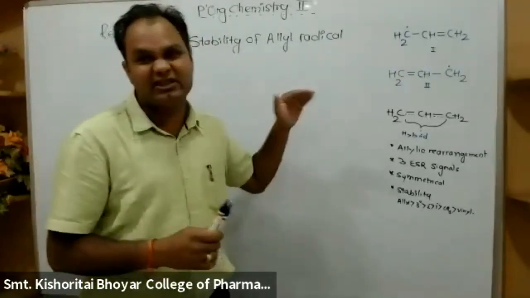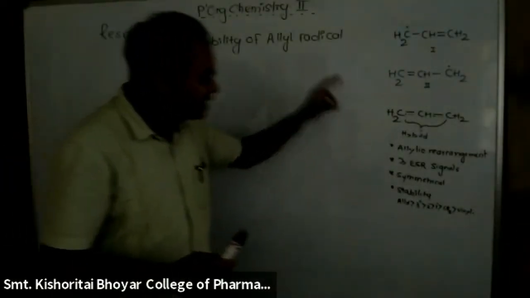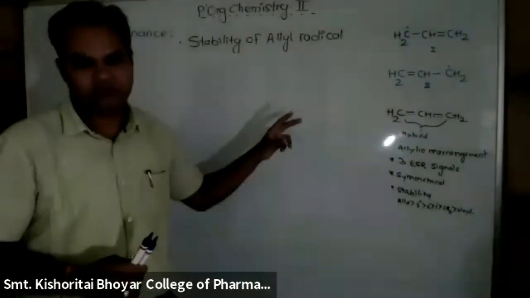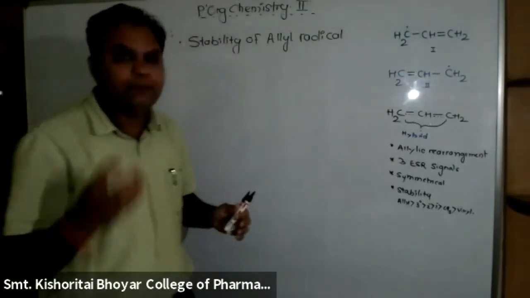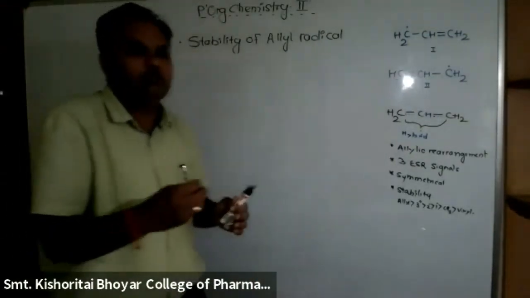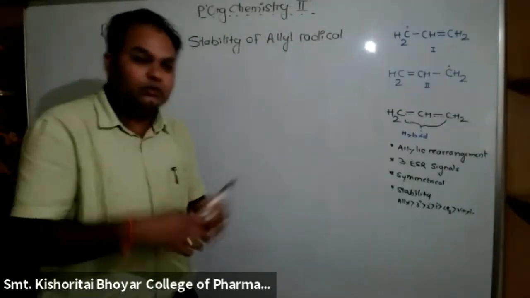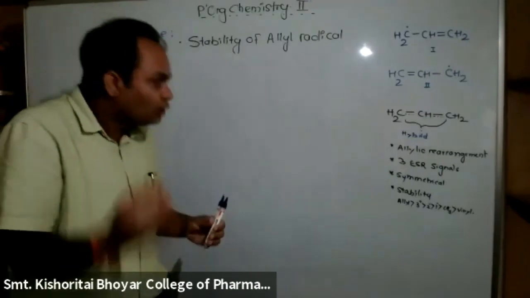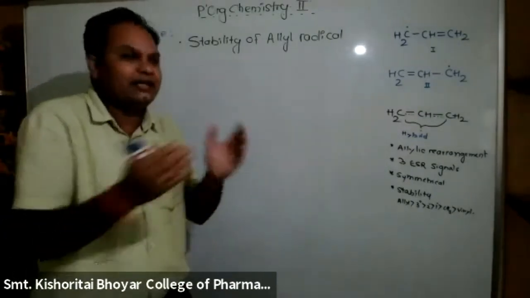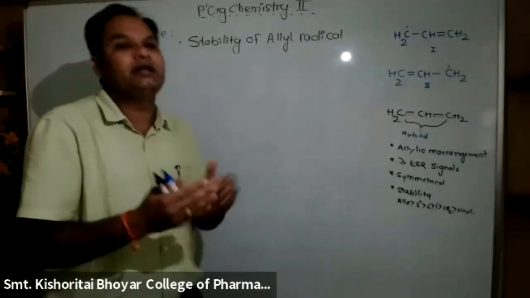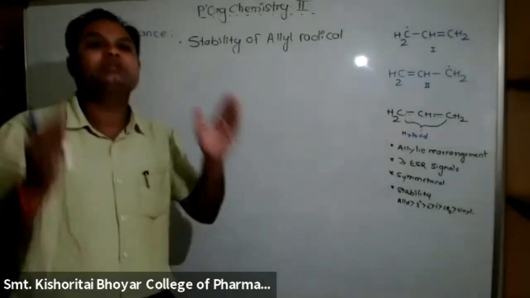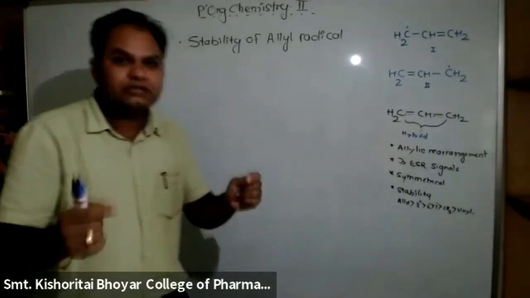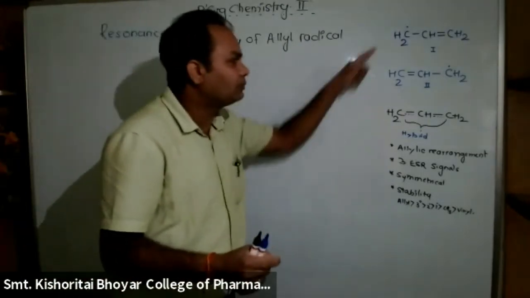Also, the hybrid structure of the allyl radical is more stable than its corresponding contributing structures. Okay, am I visible? Yes. This is the most important outcome. Through resonance theory we should know the structure of the allyl radical and its stability: it is much more stable and has less energy content. And the hybrid resonance structure of the allyl radical is much more stable than either of the contributing ones.